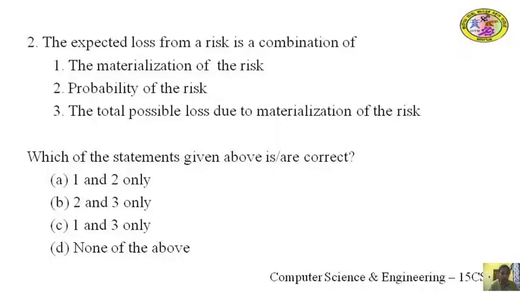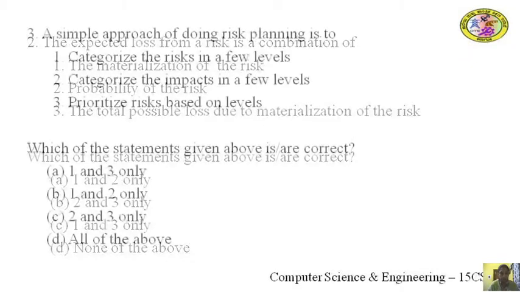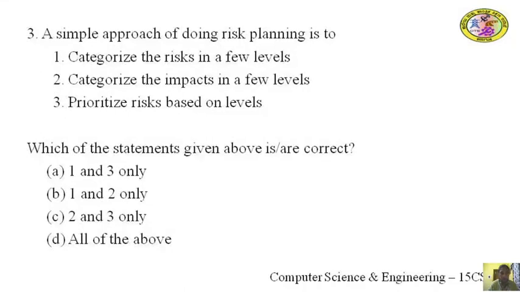Yes, it is option B. The correct answer is option B, 2 and 3 only. That is, the expected loss from a risk is a combination of probability of the risk and the total possible loss that occurs due to the materialization of the risk. So the next question is,